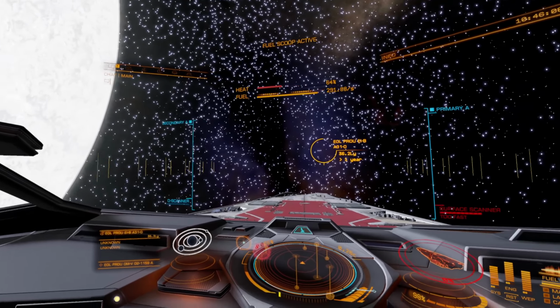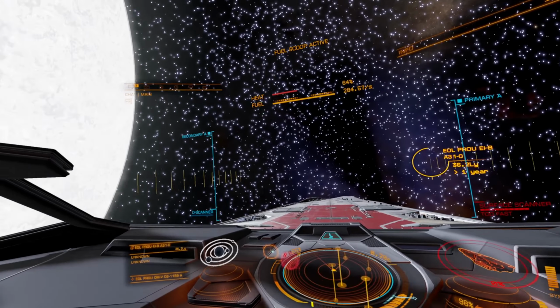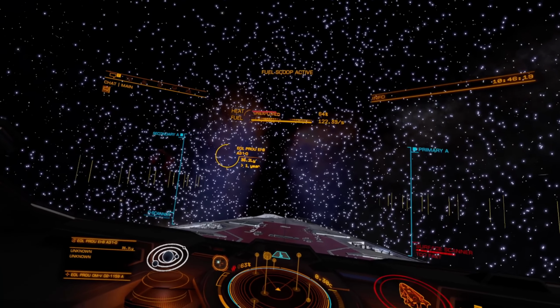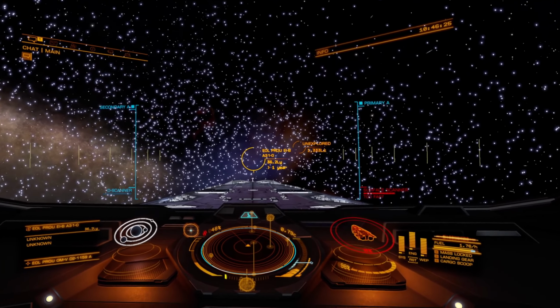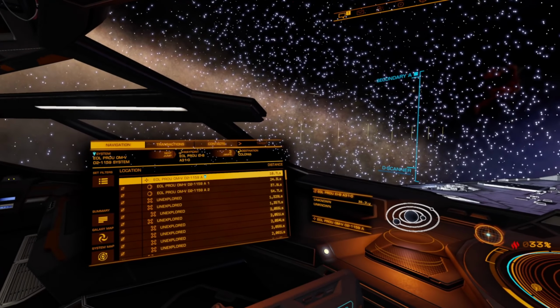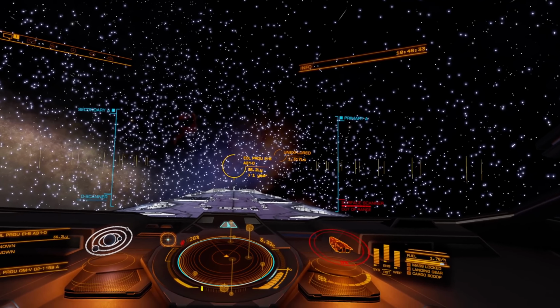So I mentioned on the Recentered podcast, actually, I've sort of got bored with this travelling over to Colonia. I had this idea of I'm going to collect a load of exploration data and then sell it when I get to Colonia, but I completely misjudged exactly how far Colonia is. It's a massive distance, but I'm currently just 3 jumps away, so I thought I'd just make a quick video